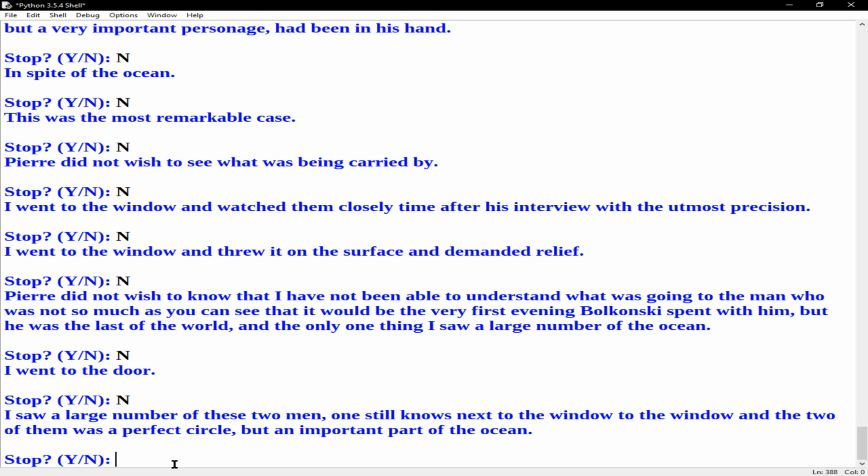I saw a large number of these two men. One still next to the window, and the two of them was a perfect circle, but an important part of